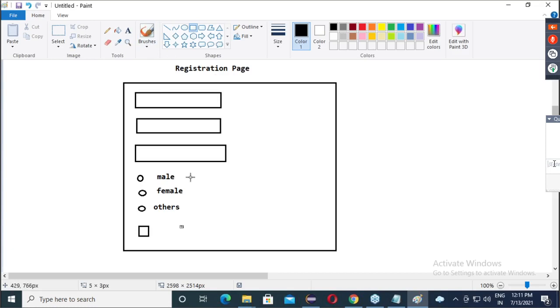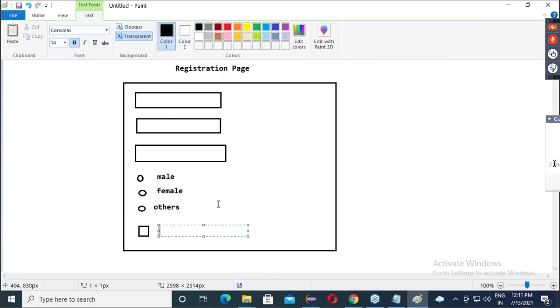Now, after this, let's say we have a checkbox, something like this. And in front of the checkbox, I will give accept terms and conditions.